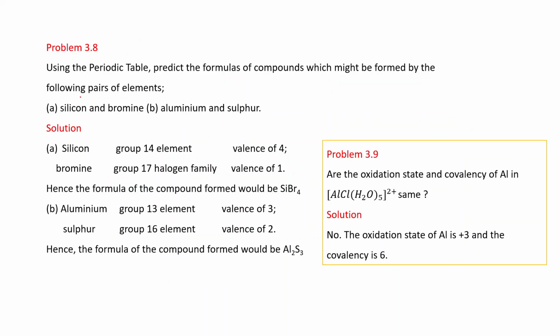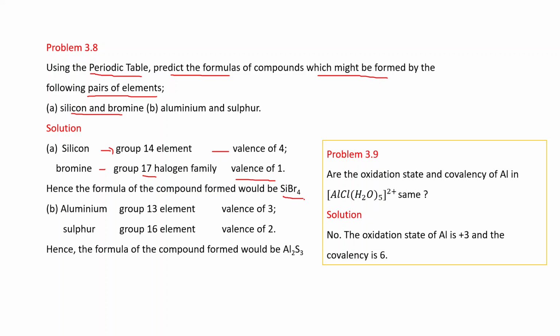There is one question. Using the periodic table, predict the formulas of compounds which might be formed by the following pairs of elements. To write the answer of this question, you must know the valency of these elements, like silicon and bromine. Silicon, group 14 element, its valence is 4. Bromine, group 17, that is halogen family, its valence is 1. That's why its formula is